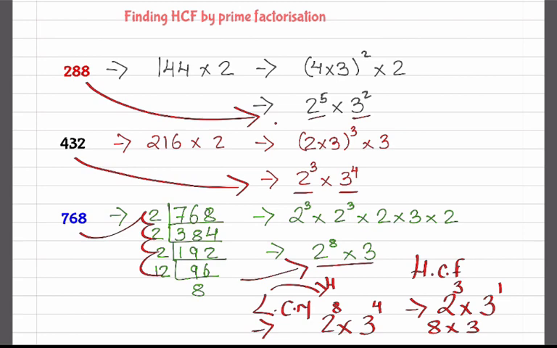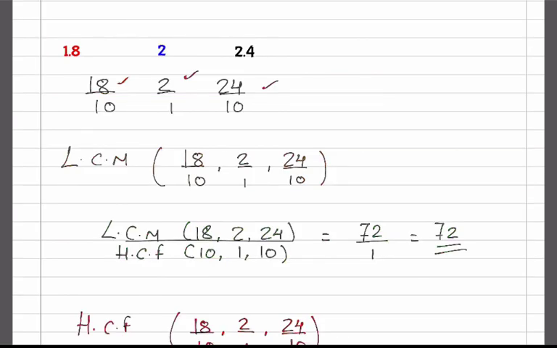How do you find out LCM and HCF of fractions? This is again one method. 1.8 as 18 by 10, 2 by 1, 24 by 10. I need to find out the LCM of these 3, right? So, LCM of fractions, you have to remember the formula. It's LCM of numerators upon HCF of denominators. So, if I were to find out the LCM of fractions,